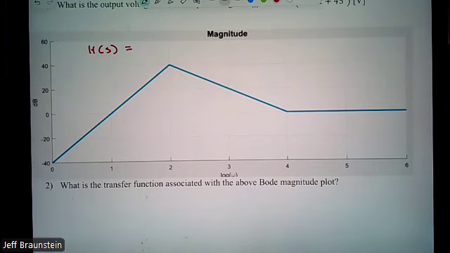Where do I have a pole? Where do I have a zero? Yeah, 0 at 1 and then 4 at 3. Well, so let's be careful. This is the magnitude plot. What can I say about the slope here? It just continues going down. So this, it is 1, but it's not a pole or a zero. This is MATLAB, so I can't draw that past the edge of the boundary.